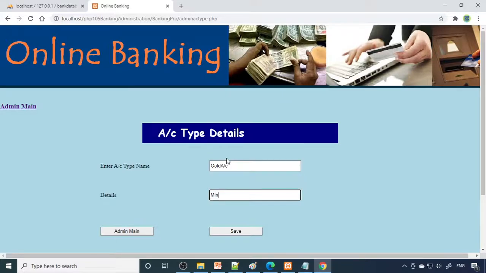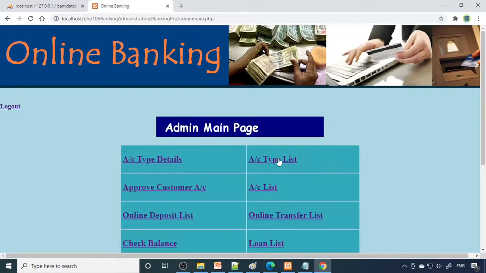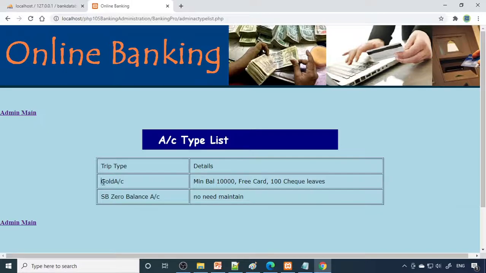Here the minimum balance is 10,000 rupees. And what are the benefits you get? You get a free card, 100 cheque leaves. All that you need to write down over here. When you save this, the record is saved, and if you go to account list, it will show you here that this is the gold account.